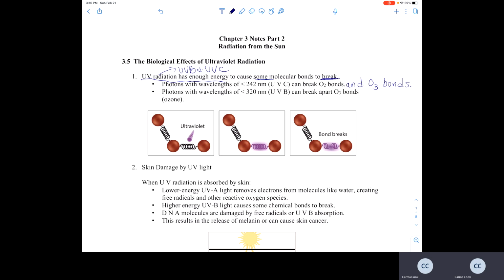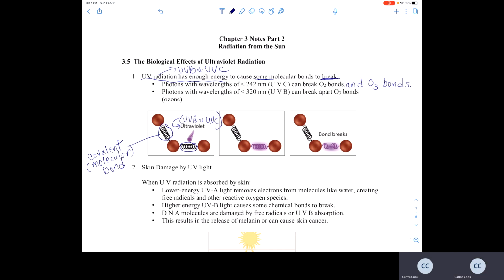So here in this model, each of these brown spheres represents an oxygen atom. And so when ultraviolet light, whether UVB or UVC, they both are strong enough to break the bonds in ozone. So when that light hits a bond in ozone, and so the springs look like metal springs here, those represent what we'll call covalent, also called molecular